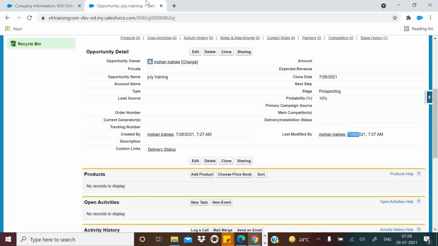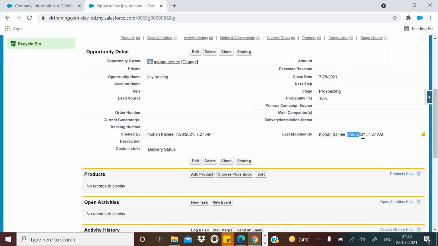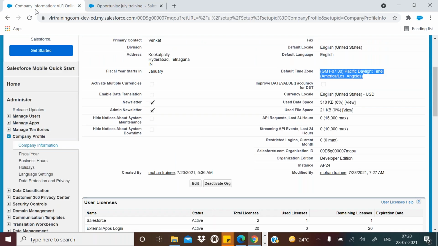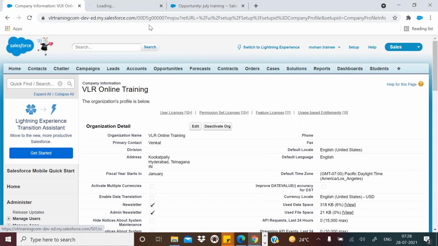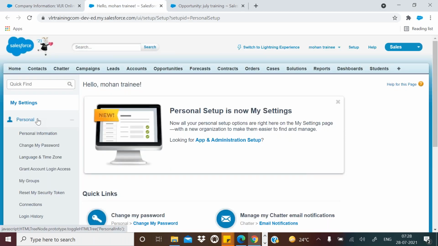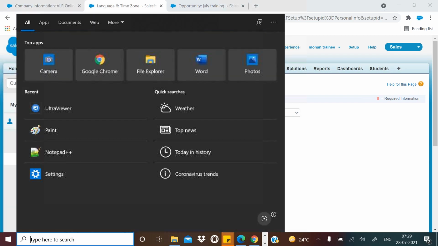That means, see, when any new user is created, by default this time zone will be applied. And why did the Indian time zone come into the picture? In our first class I updated this. In language and time zone, I updated my time zone to Indian time zone.